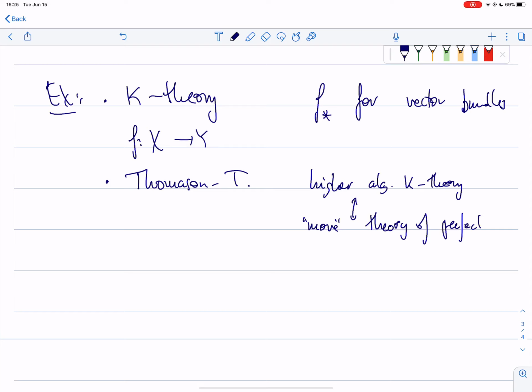In fact, very specifically, he understands what happens to perfect complexes under localization, and this understanding allows him to say what happens